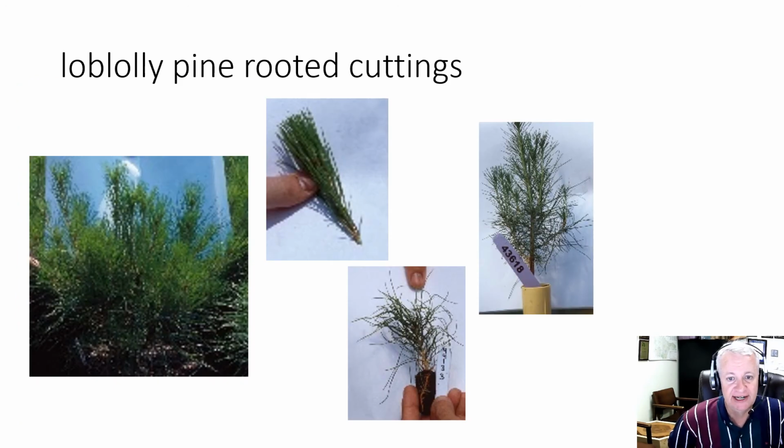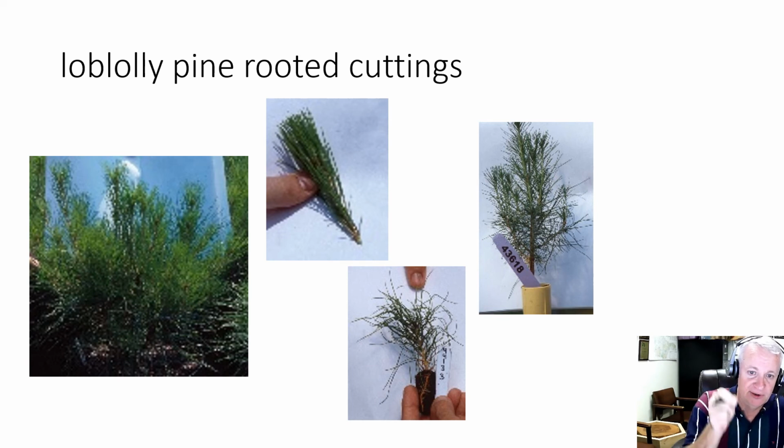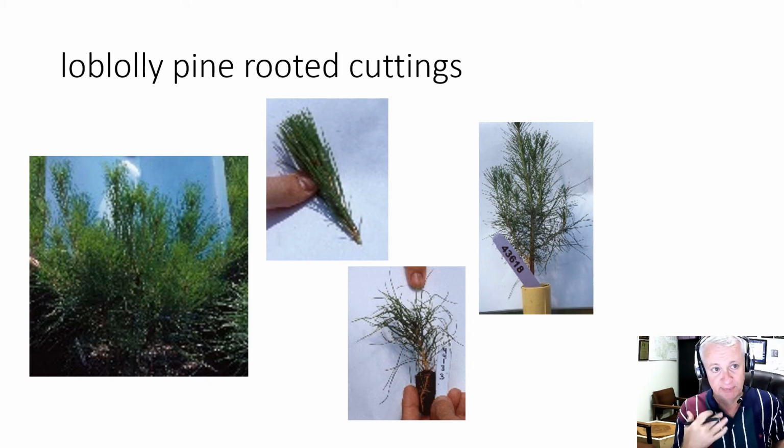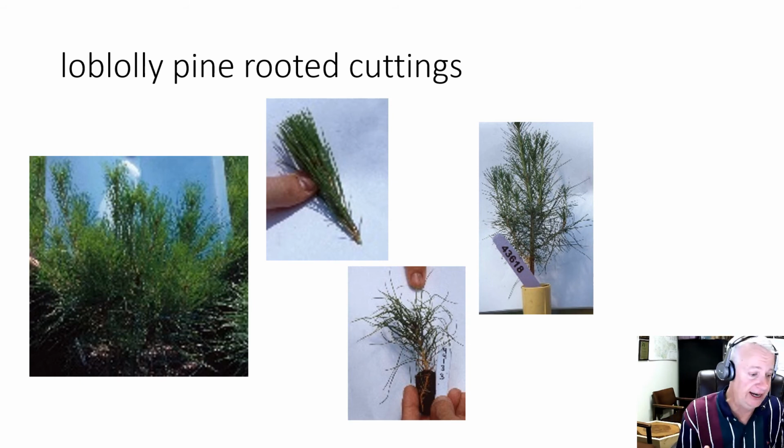Now, there also are examples of vegetative reproduction that is artificial. So there's examples in a number of pines where people will take cuttings from desirable genotypes of pine, treat them with hormones, and then root those cuttings and produce clonal offspring in that way. So this has been done in loblolly pine and in radiata pine, but that normally wouldn't happen in nature. There are ways that can be done artificially. There also